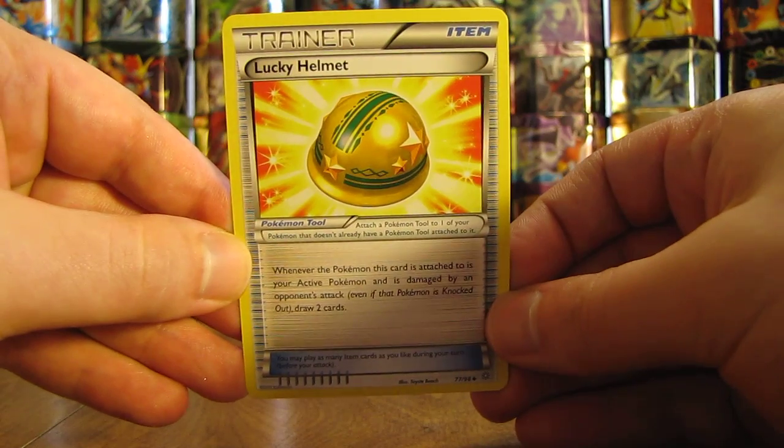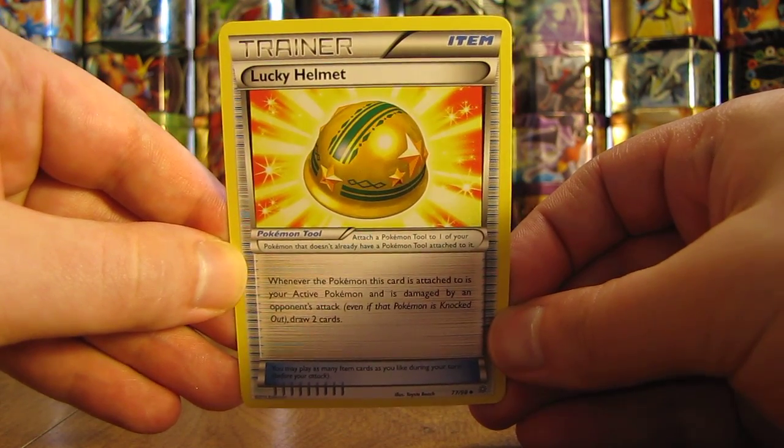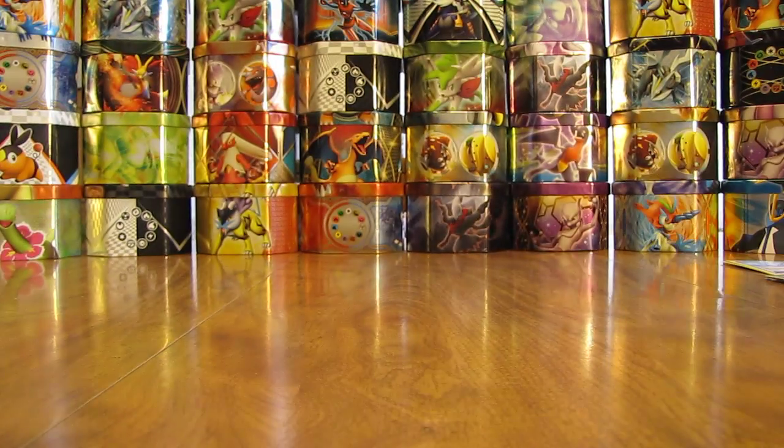And the Lucky Helmet is what I was talking about. This one, if you attach this one right away, there's really no need to use Tyranno at all because you have plenty of cards in your hand. Like I said, 2 Tyranno cards,